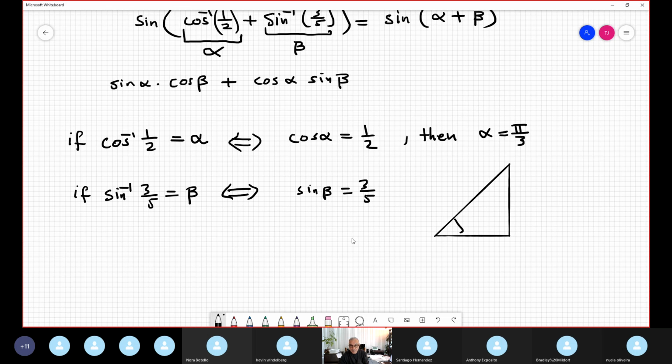This is my beta angle, and sine by definition is opposite over hypotenuse. And this is the famous triangle that is 3, 4, 5. This guy is 4. You want to make sure you compute it like that: 5 squared minus 3 squared, 25 minus 9 is 16, and the square root is 4. But I know by memory the famous 3, 4, 5 right triangle, 90 degrees. Okay, so I come back